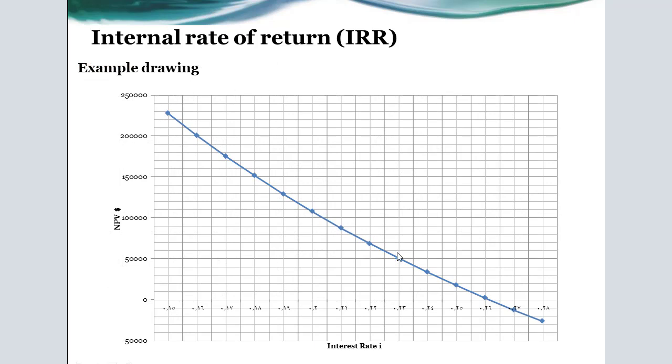Now this graph represents the previous calculation. This is, of course, my calculation, not from any website. It represents the relation between the interest rate I and the present value, as we see here, and this represents the previous accurate value of the internal rate of return.